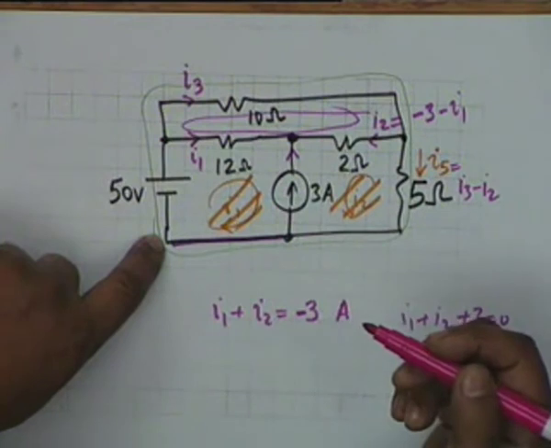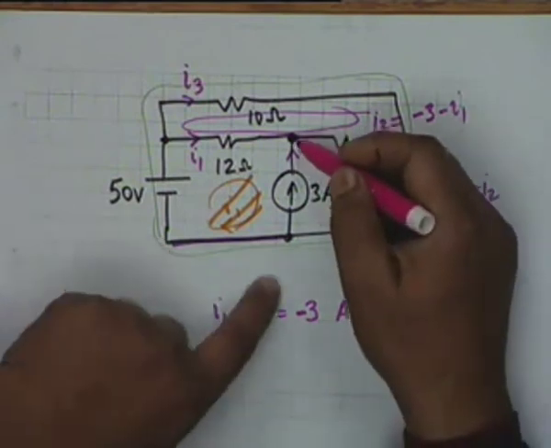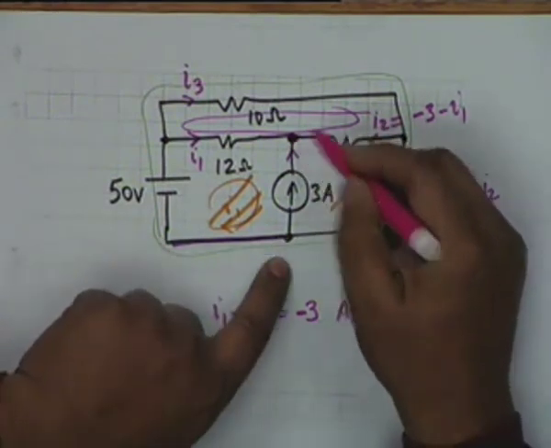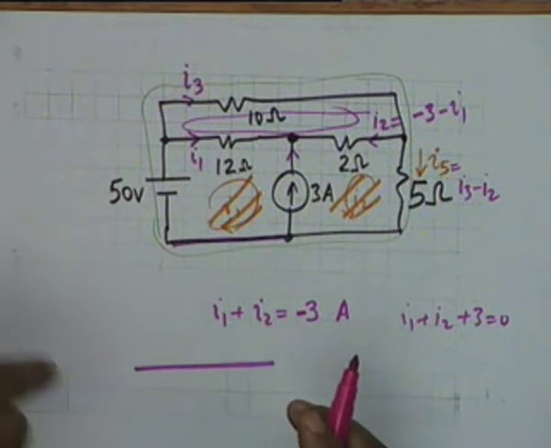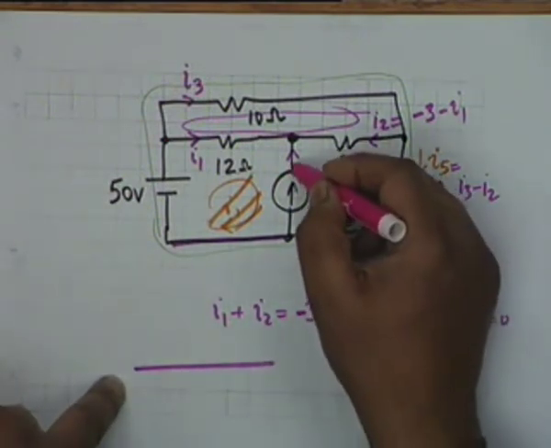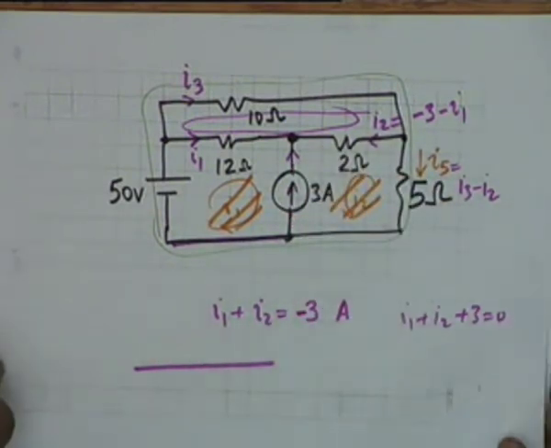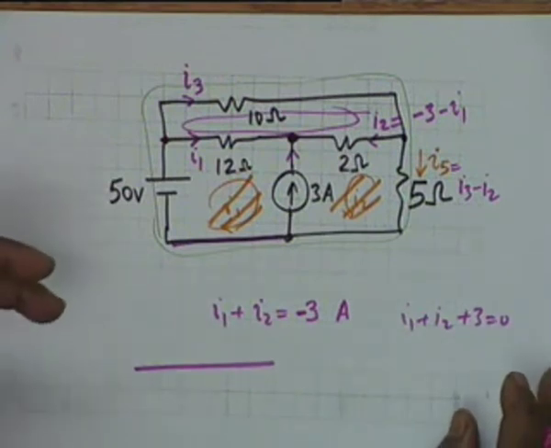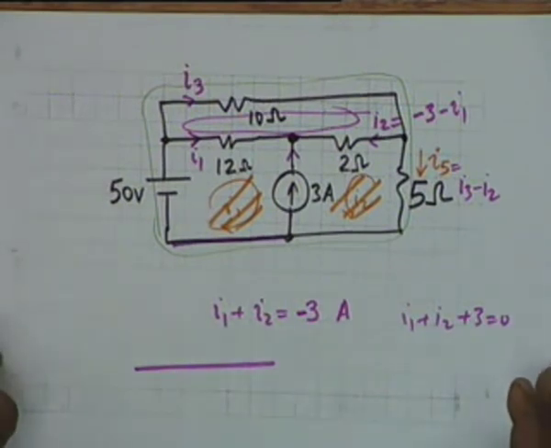Oh, it has to be 3 amperes. But you said that there might be a potential drop across this, and if there is a potential drop, there would be a potential. When I draw a line like this, it is a 0 resistance line, and therefore the potential drop in a line like this is 0. The drop occurs across the 3 ampere current source. What is inside the current source we do not know. It might contain transistors, it might contain resistors, and so on and so forth. It may be an electromechanical generator.